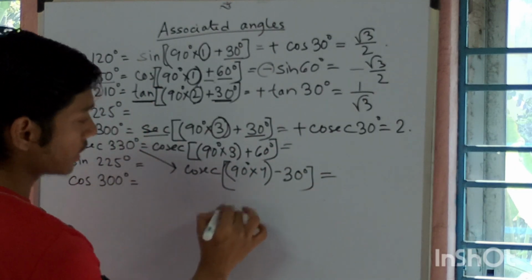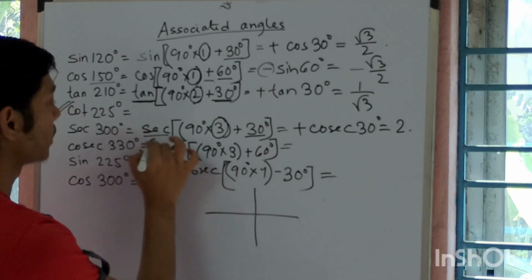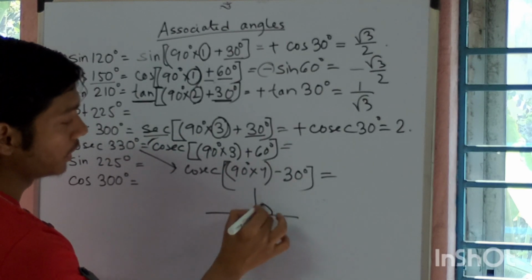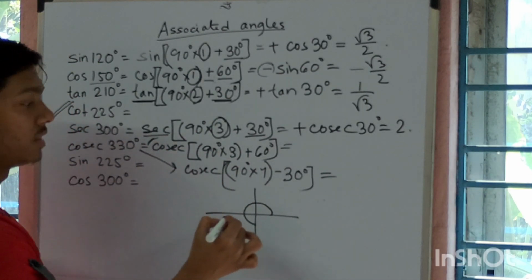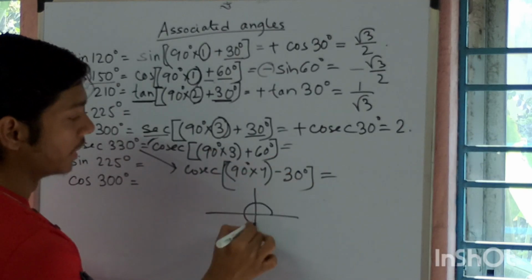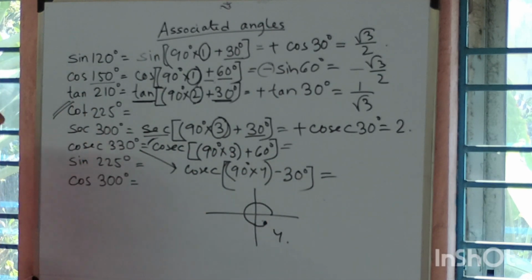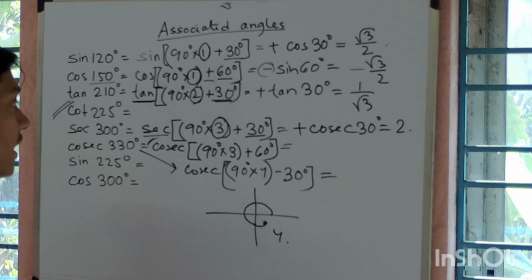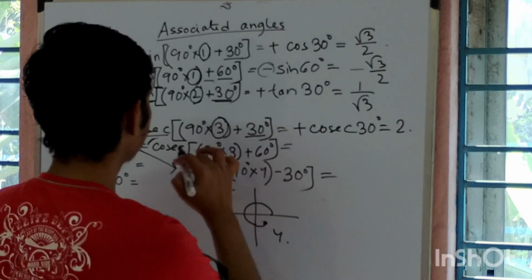Just draw this thing. Start from here for the first way. Just start from here, 90 to 1, 90 to 2, 90 to 3. Just move your hand in the anti-clockwise direction. Plus 60 degree. So it will lie somewhere there. It is in the fourth quadrant. So in the fourth quadrant, cosec is negative. Only cos and sec are positive here. That's why it will be